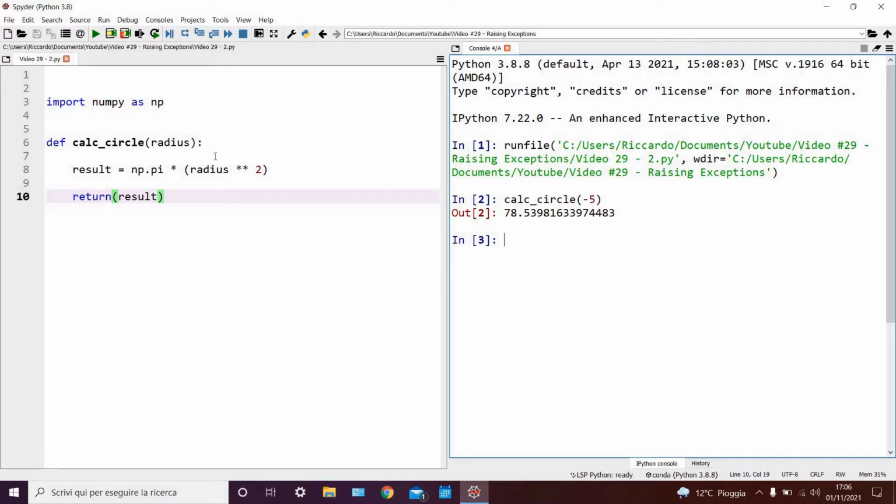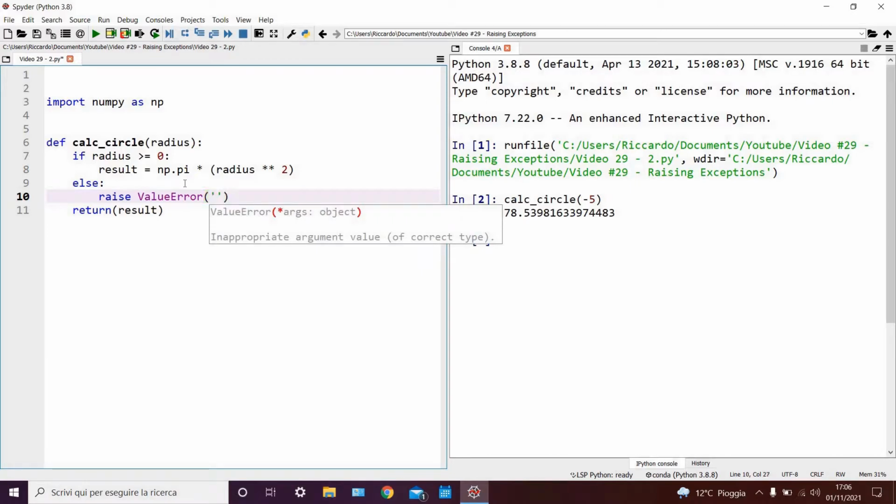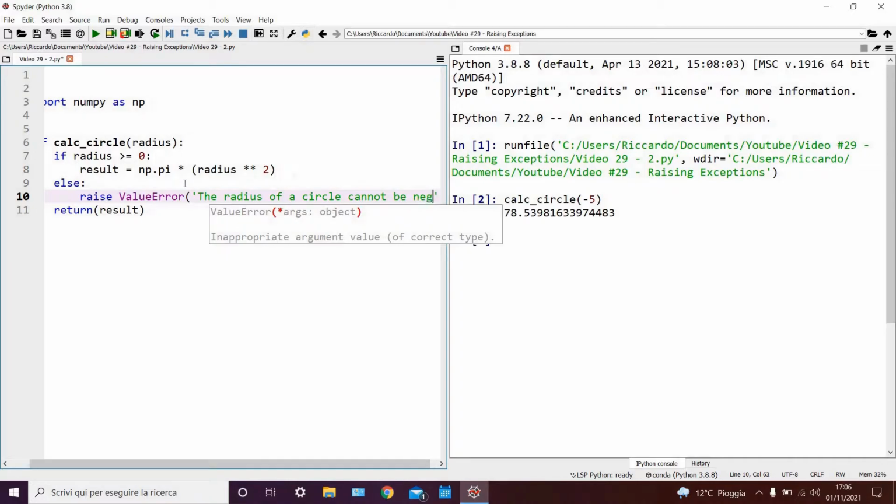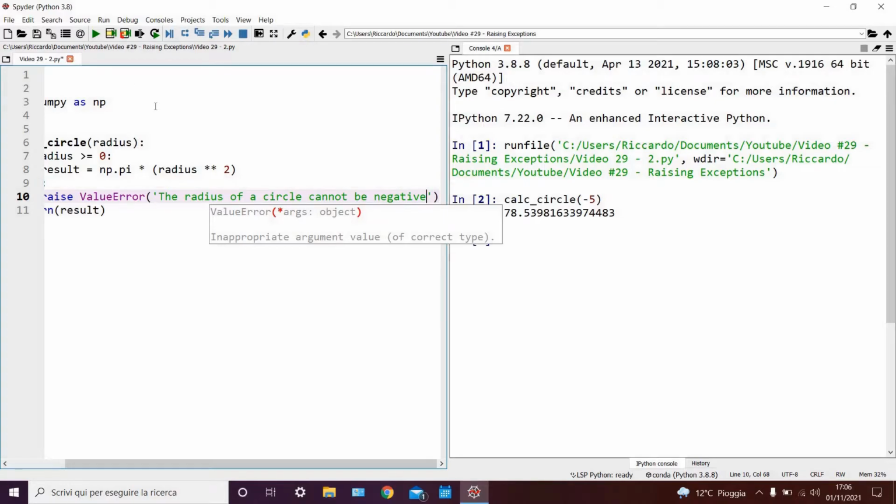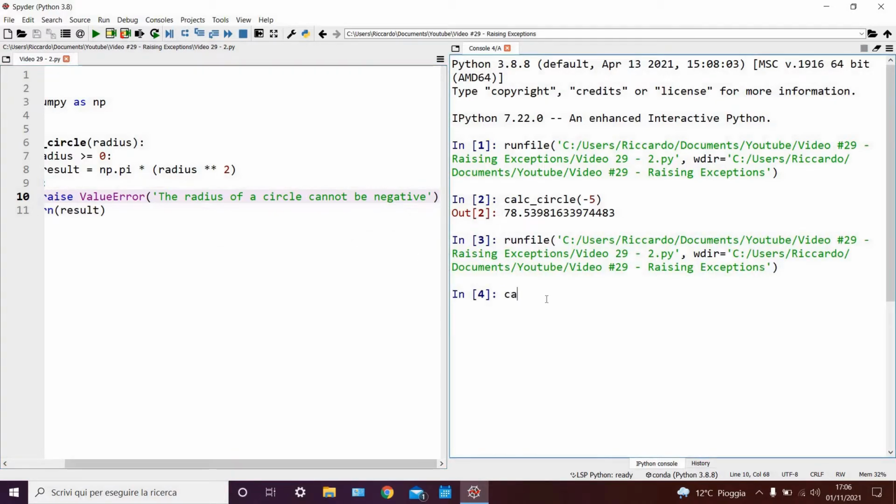For example, we could write if radius is greater or equal to 0, then we run our code as normal. Else, we can raise a value error where we can say, for example, the radius of a circle cannot be negative. Now, if we run our code by pressing the F5 key, we can type calc circle of 5, and